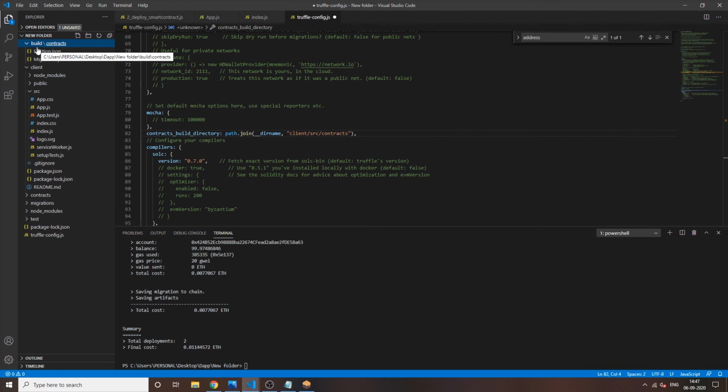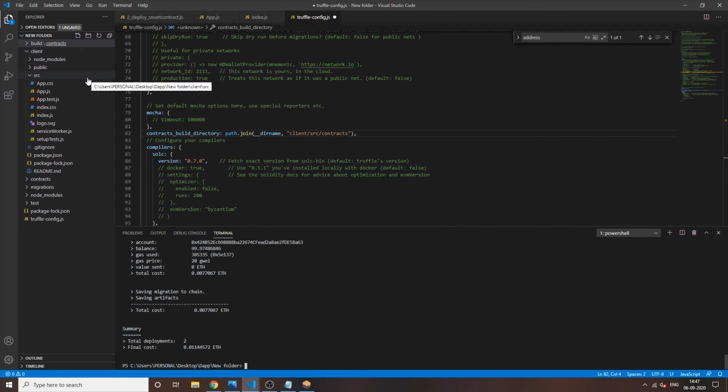So we will not be able to interact with the build files that will be built when we run truffle migrate reset of the smart contract, but we need them for the sake of interaction with the smart contract in the React application.